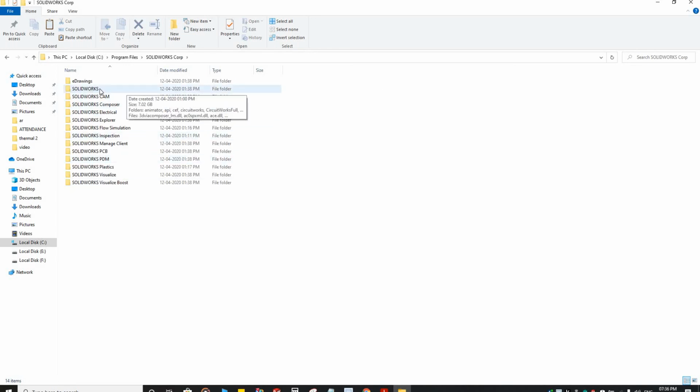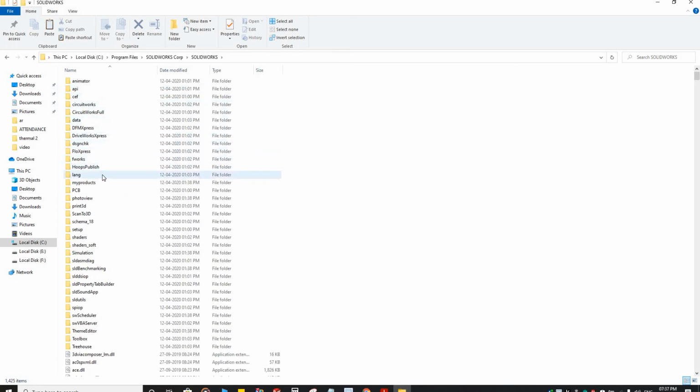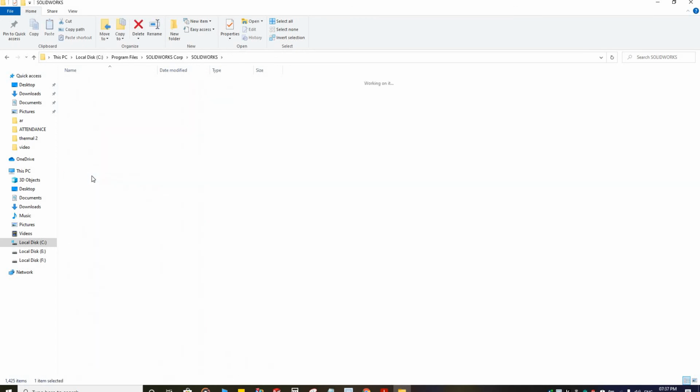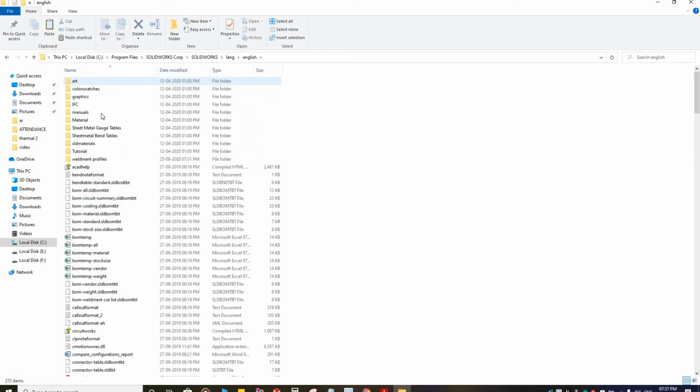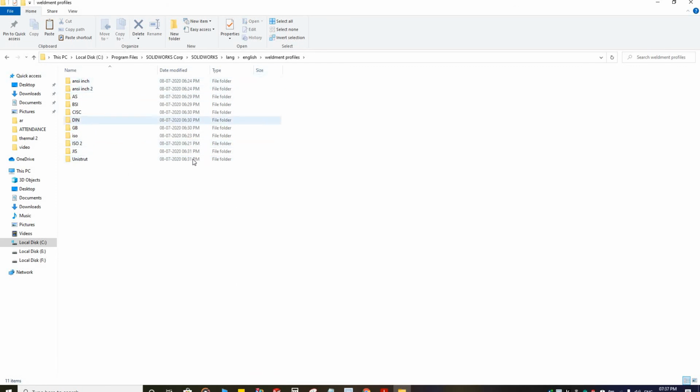In that, open the SolidWorks folder. After that, open the lang folder. After that, open the English folder. Now you see the weldment profiles folder in the English folder. Open the weldment profiles folder. You see the already saved weldment profiles in this folder.